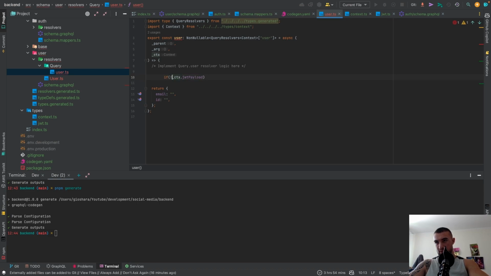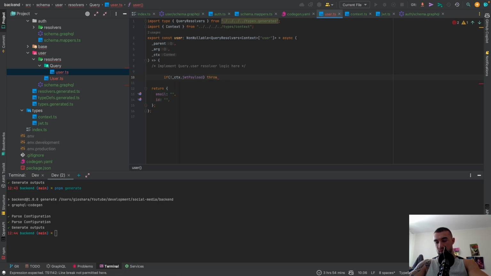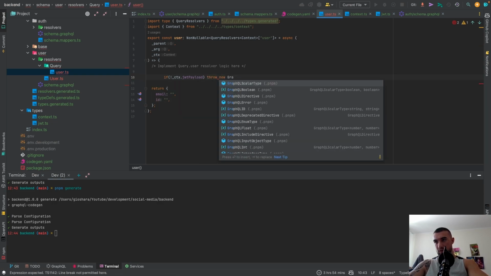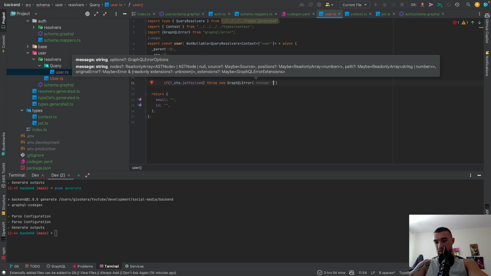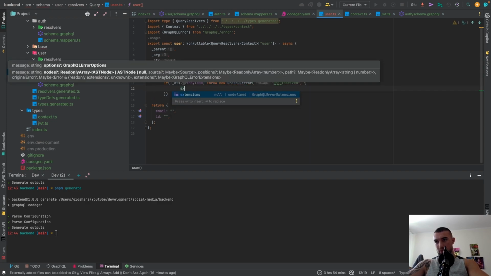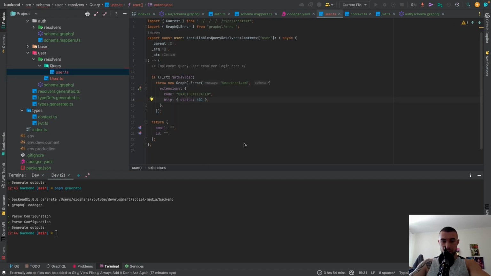If this exists, if this does not exist, then throw new GraphQL error unauthorized, with extensions, and in extensions we have a code which is unauthenticated or unauthorized,